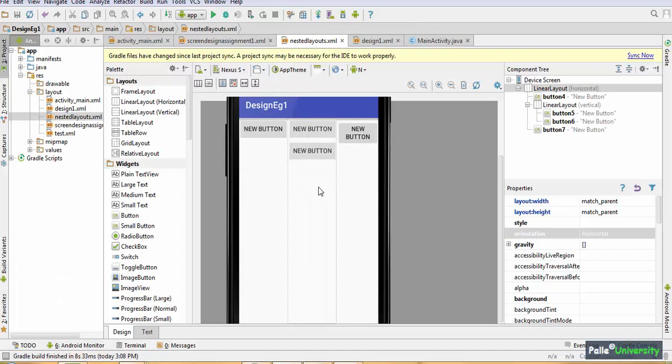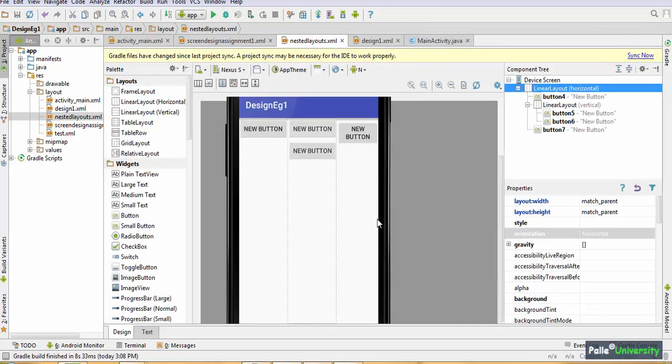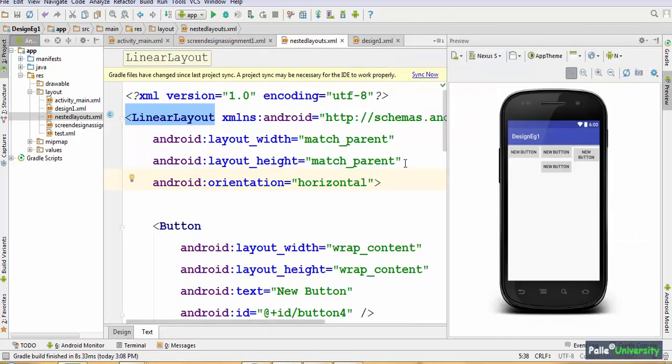Though you can write this entire code through the text perspective, you should know both approaches. Many times when you go to an interview, there is a possibility that they will disable this graphical user interface toolkit and give only the text perspective, and they may ask you to write it with XML code. So you should practice both.